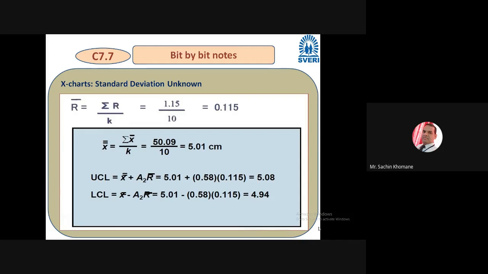Now UCL. Now all of us know calculation of three things are very important in any of the control chart. You people have to calculate UCL, LCL, or center line, or X double bar, you can say. So now X double bar is the same like previous numerical. Only UCL values are going to change here. So now X double bar plus A2 R bar. Now here A2 is something new term you are observing. Okay, so how to find the A2, that is very important.